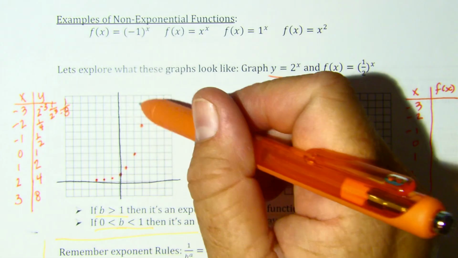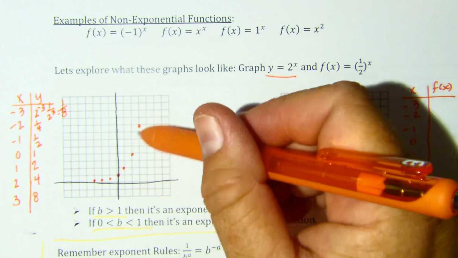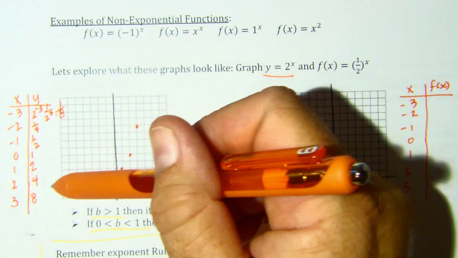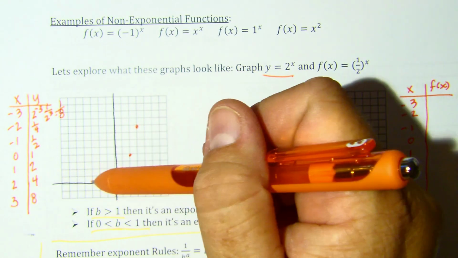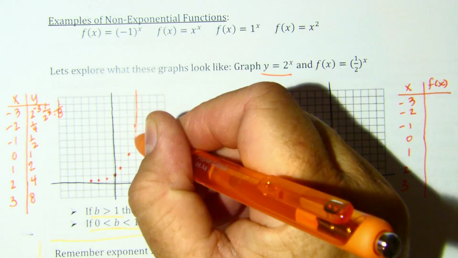And so we can see this shape of our graph taking place here. I could plug in further positive values. It's going to keep getting steeper and steeper. And I could plug in really negative values. I could plug in negative 10, negative 100, negative 1,000,000. And it's going to keep getting closer and closer to the x-axis, but it's never actually going to